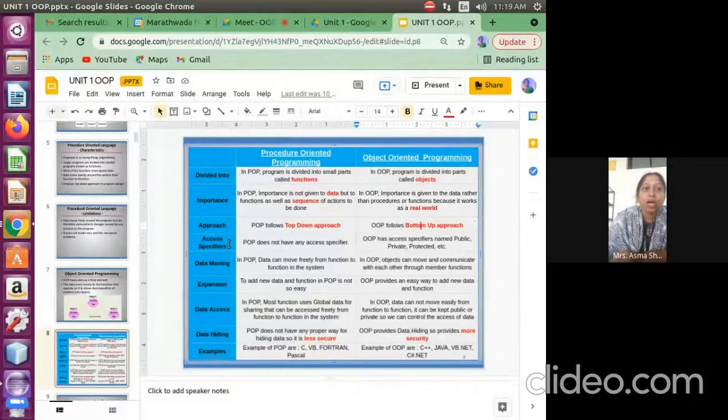The access specifier concept is not there in procedure oriented programming, but here we have access specifiers. So what exactly does access specifier mean, students? This access specifier gives us control over the data. Public data is available to all the classes; anyone can access that.